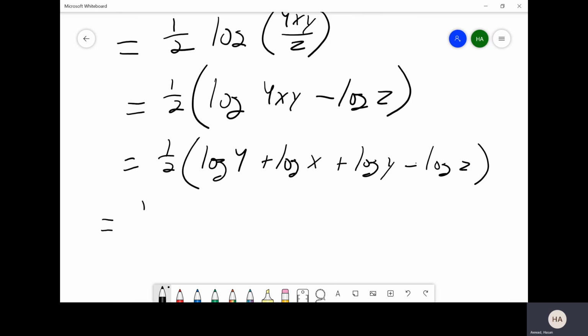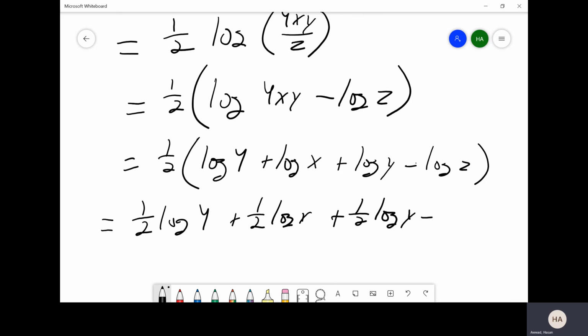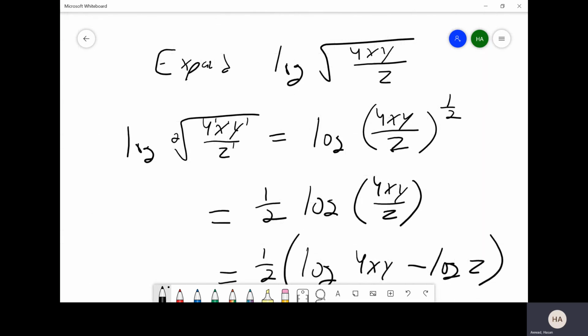So this is the same thing as 1/2 log of 4 plus 1/2 log of x plus 1/2 log of y minus 1/2 log of z. And now this is fully expanded. Okay, so the idea here is we just got rid of the radical,